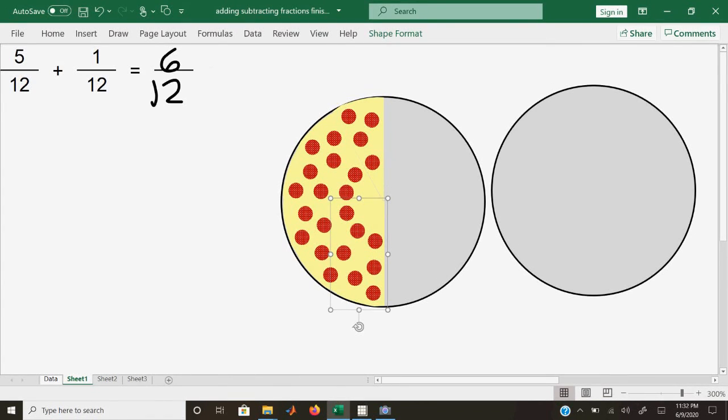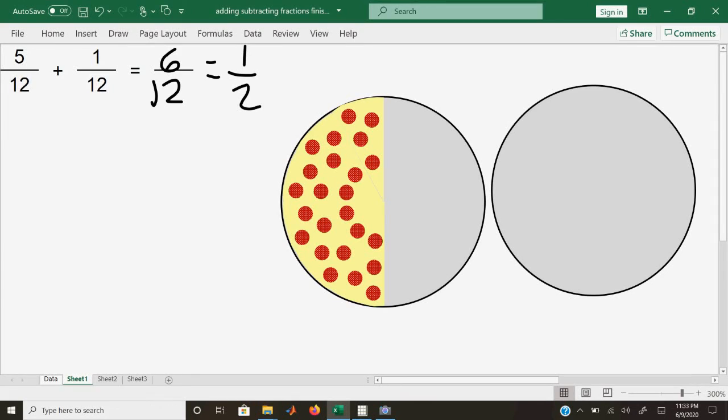So I can say my 6/12 is the same as 1/2. And mathematically, I can see that if I want